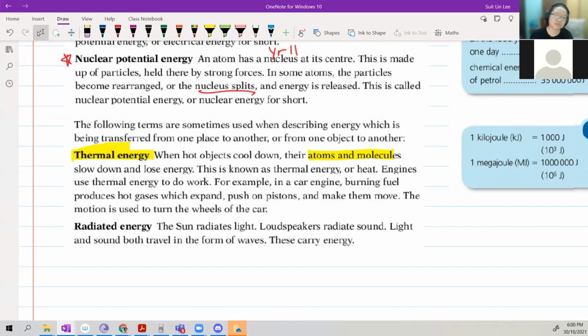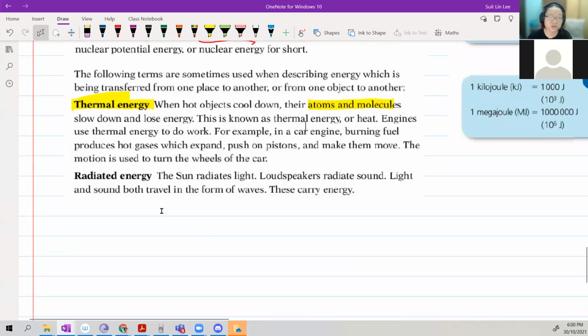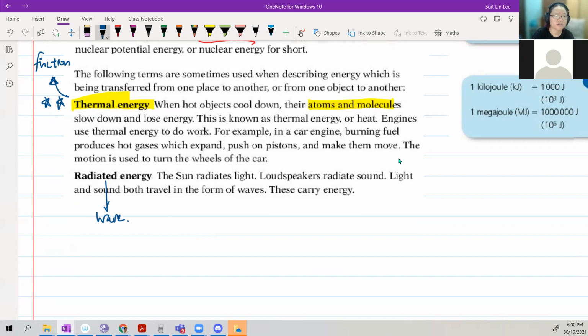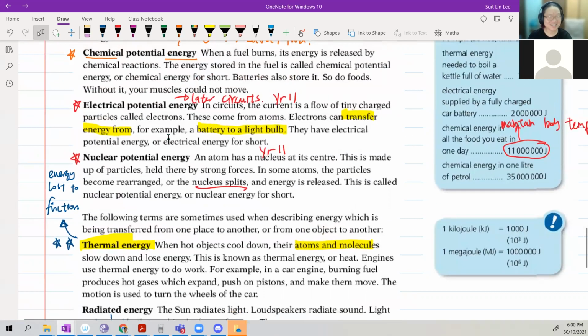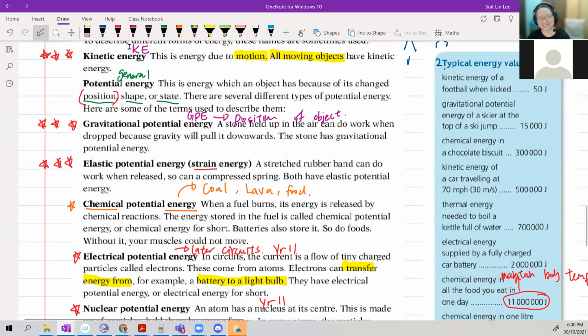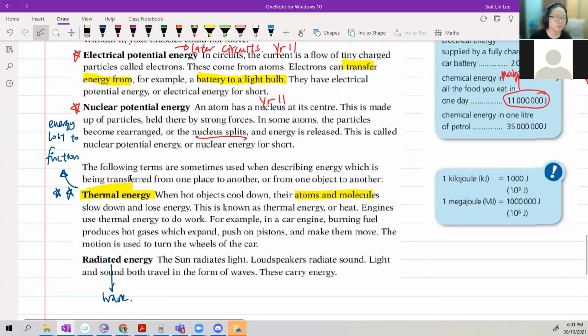Another type of energy is light energy or sound energy, so radiated energy like sun and sound and waves. This is mainly for waves, and waves are in a later chapter, so we're going to focus on this one. This one can be due to friction, so it's energy lost to friction. In a nutshell, what is important? Gravitational, kinetic, elastic if you have a spring or rubber band. And if you lose energy because of friction, then there is heat loss.